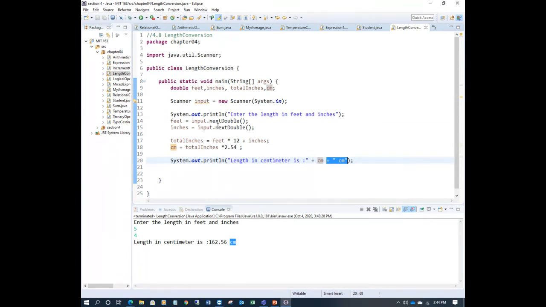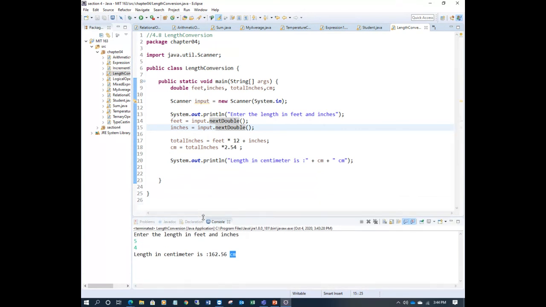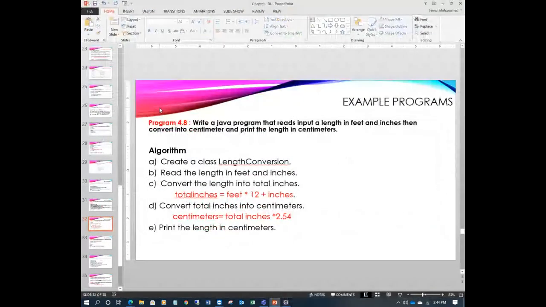Okay, so this is one program you can see here. We can take a photo of this one. I will just wait for 5 seconds so that I can continue the last program once again. Last one, small program, then we'll have another announcement, right? So that's it. That's program 4.8. Okay, so let's see the last program here.